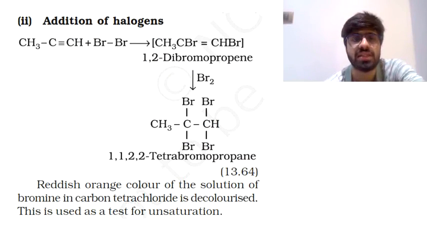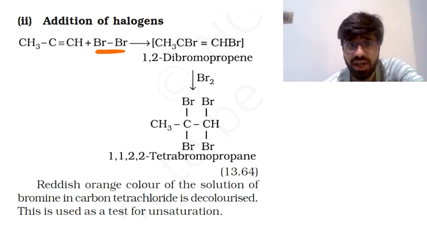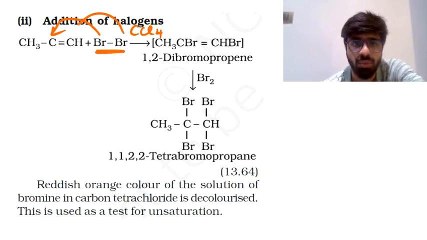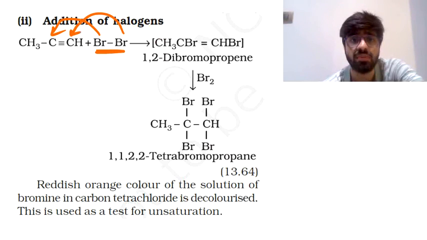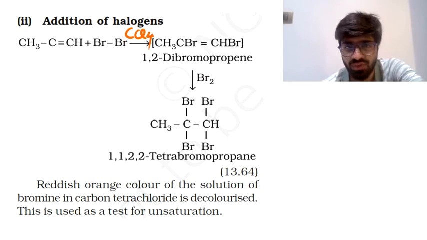Going ahead with the next case, addition of halogens. Now if you are adding Br2, keep in mind I had mentioned this, that if you are adding Br2 in presence of CCl4, only then the addition is going to take place on the triple bond or double bond if it is present. If it was added in presence of UV light, then bromine would have replaced hydrogen atoms of the sp3 hybridized carbon atom. So here I have to mention that it is in the presence of CCl4 solvent.